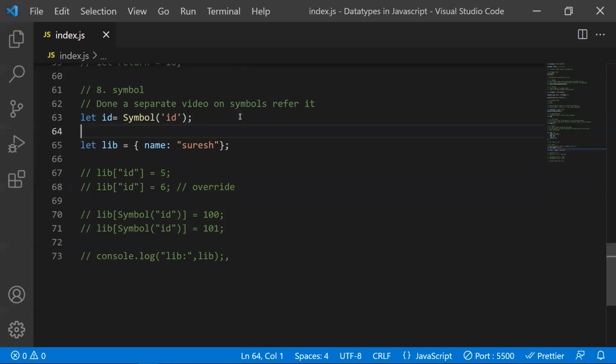The need for symbols is like, if you have a library... I have done a dedicated video on understanding and overview of these symbols. I will keep that video's link at the end card and in the above cards as well. So here we will understand the basics of the symbol data type.